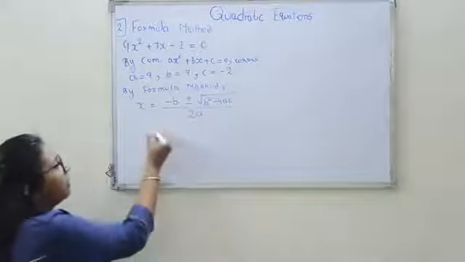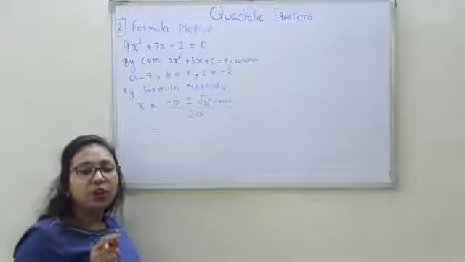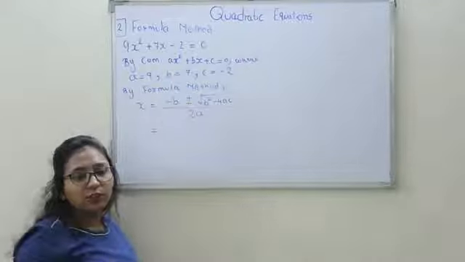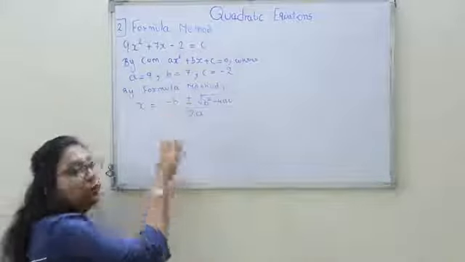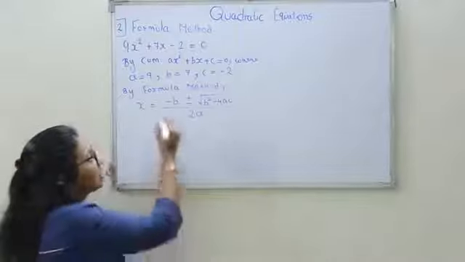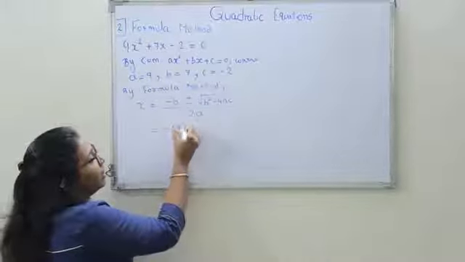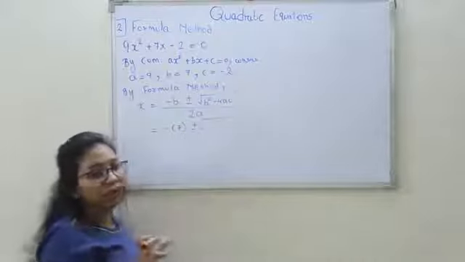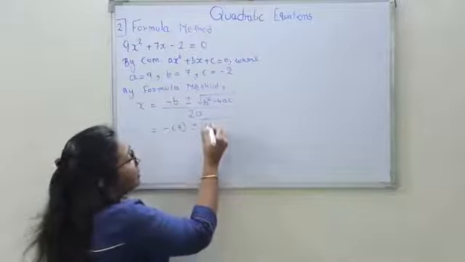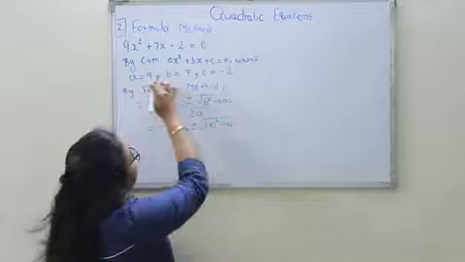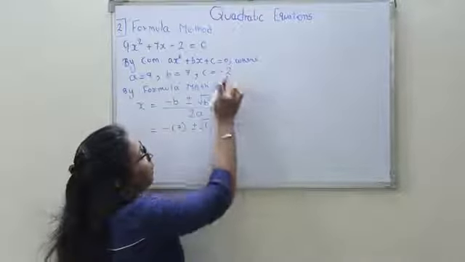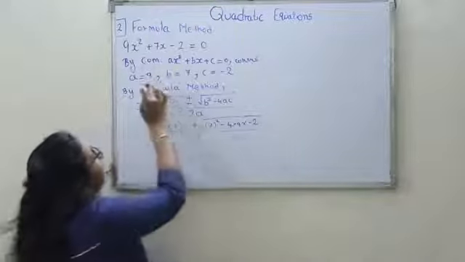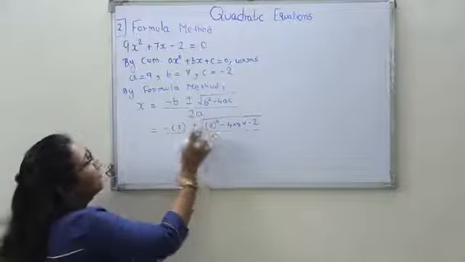So let's substitute. Always remember, you will substitute the value of b in brackets. Why? Because there is a chance that the value of b is negative. So when it is negative, the minus will become plus. So you have to remember the little things. So I will put the value of b in brackets. After that, I have to find the value of the term b square minus 4ac. So my b is 7. So 7 square minus 4 into 9 into minus 2, the whole upon 2 multiplied by 9. I have substituted the value of a, that is 9.